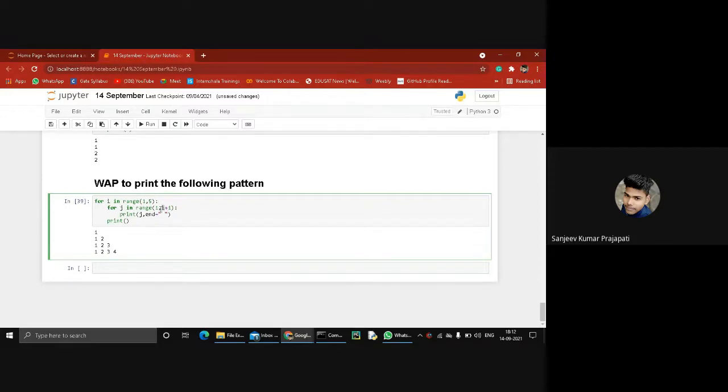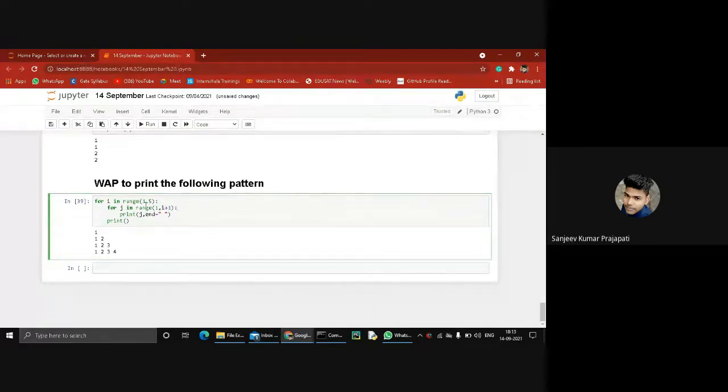It returns i plus 1, which is 3. Again, 3 is excluded, and your second loop runs from 1 comma 2. So that's why it prints two values, 1 and 2.